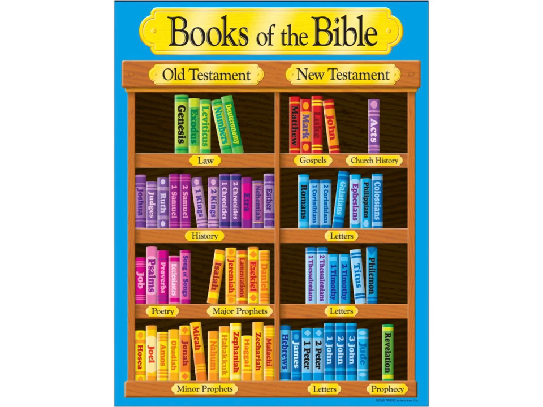Here's a graphic I found that might be helpful. And you can see the divisions here. Obviously the two great divisions, the Old Testament and the New Testament, or as I like to call it, the Older Testament and the Newer Testament. And in the Older Testament, you have the law, you have history books, you have poetry, you have the major prophets, you have the minor prophets. In the New Testament, you have the Gospels, book of church history, the letters, many of them, and then the book of prophecy, which is the book of Revelation.